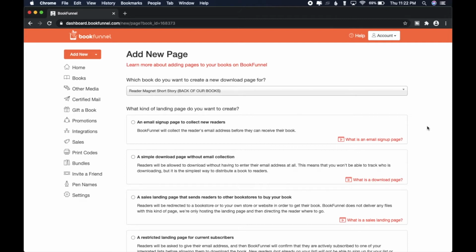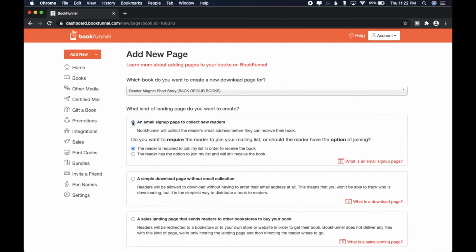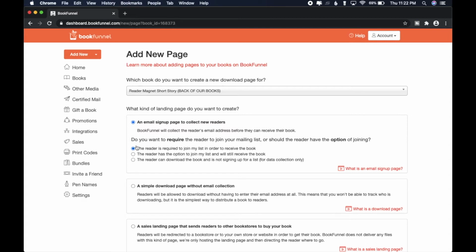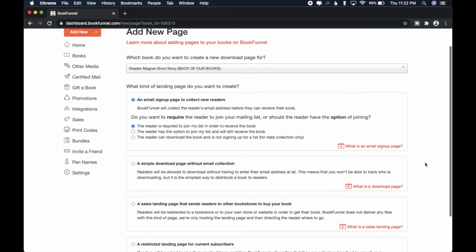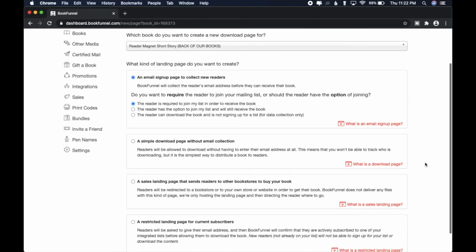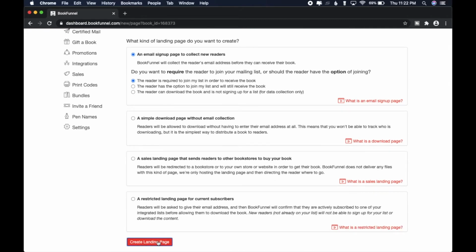But for purposes of this reader magnet, let's go ahead and make it so that people need to put their email address. So we're going to click email sign up to collect new readers, and you are given the option that they are required to put their email in order to join, that they have the option to join, or they can just download. So we're going to leave it here on the reader is required to join. So we're going to go all the way down, click Create Landing Page,